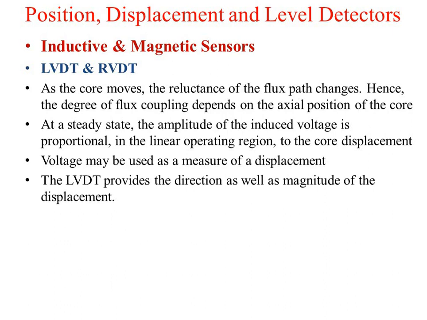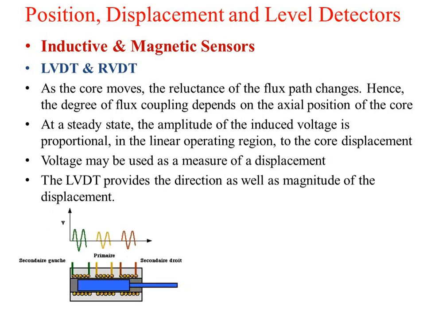The direction depends upon the values of V1 and V2, or the total output voltage. Let us consider that V1 minus V2 will be the output. If it moves towards V1, V1 will be the maximum and the output voltage is positive, so we can say that it is moving towards left. And if the output voltage is negative, then we can say that it is moving towards right. So we can find out the direction as well as the magnitude with the help of this displacement.